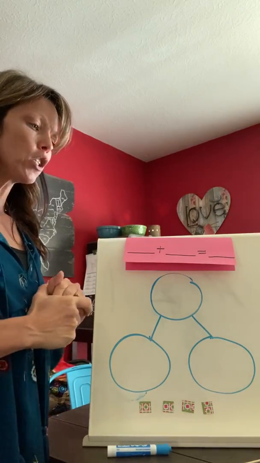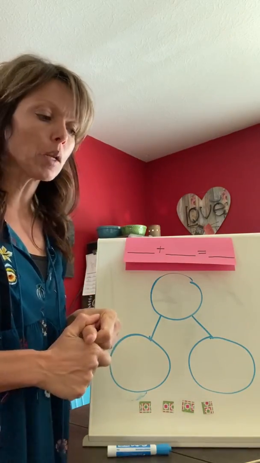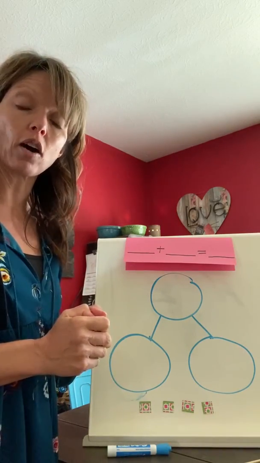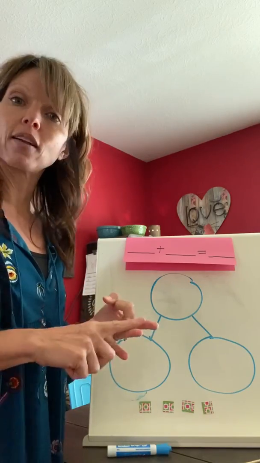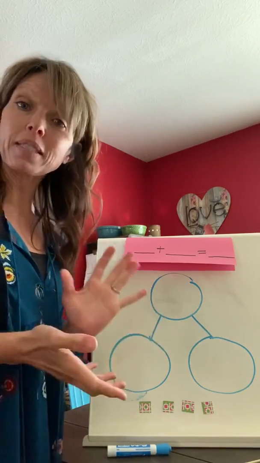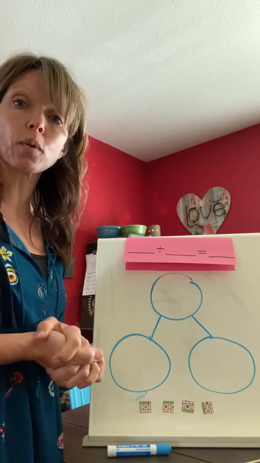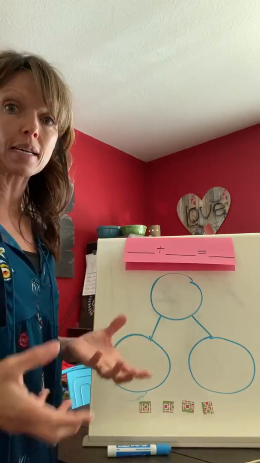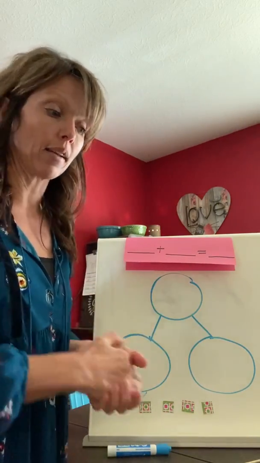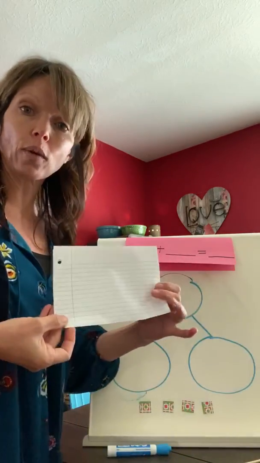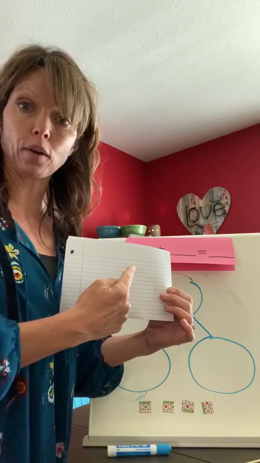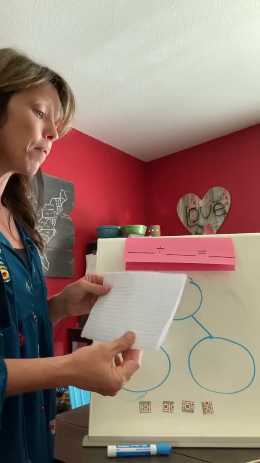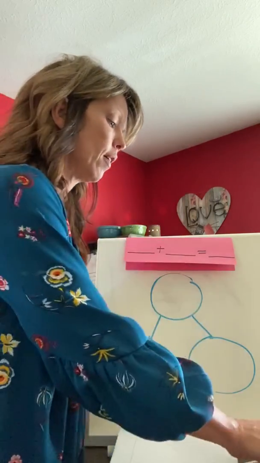Okay, so today we're going to be exploring 3 numbers, and we're going to be looking at different ways to make these numbers. And the numbers we're going to be working on today are the numbers 2, 3, and 4. So this is basically what it's going to look like. We are first going to start with the number 2. And for each number, we are going to practice using the number bond to make that number in as many ways as we can. After we make the number, you are going to write the addition sentence on your paper. So you'll want to make sure you're writing kind of small so you can fit more than one thing on your paper, okay? So I'll be using my lined paper, and I think I'll use